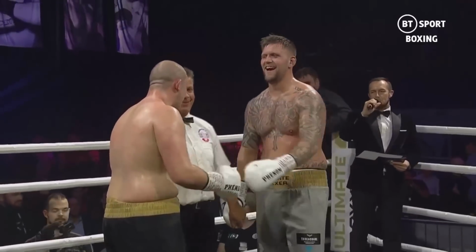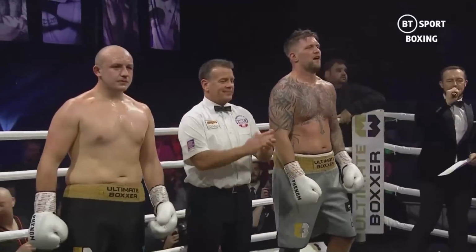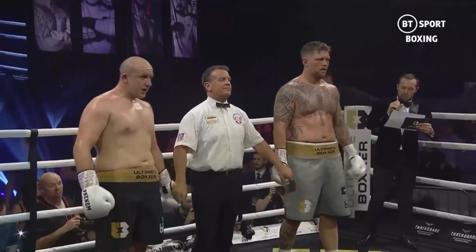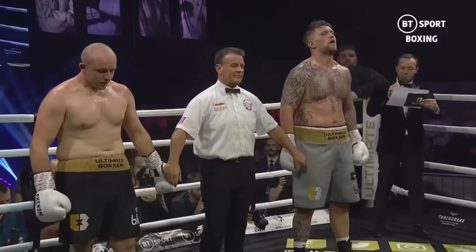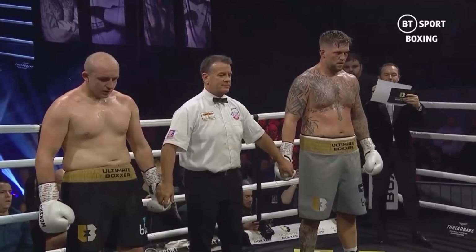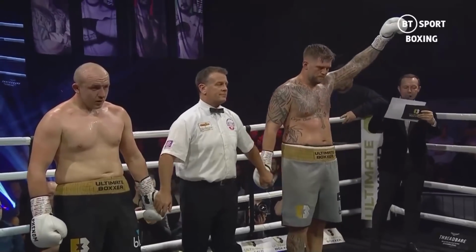Ladies and gentlemen, please show your appreciation for both these fighters. They gave it everything. And after three great rounds of heavyweight boxing, we go to the judges' scorecards. Both Judge Foster and Latham scored it 29-26, and Judge Sargentson scores it 29-28, all in favor of your winner by unanimous decision. And now half of the Ultimate Boxer final,